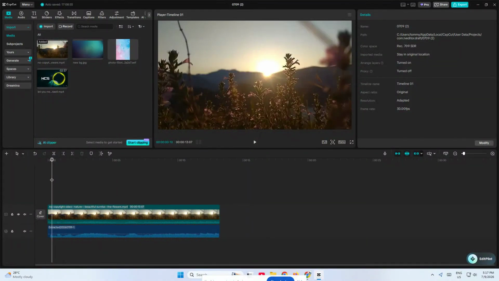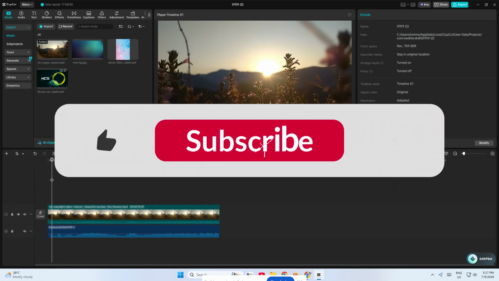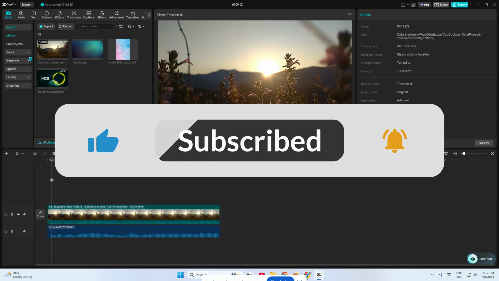If you want to add a watermark in CapCut PC, this is the fastest and easiest way to do it, even if you are brand new to the editor. A watermark is a great way to protect your content, promote your brand name, or make sure your videos always look more professional. In this tutorial, I'm going to show you how to add a simple text watermark in CapCut PC step by step, and by the end, you'll know how to place it, make it semi-transparent, and stretch it